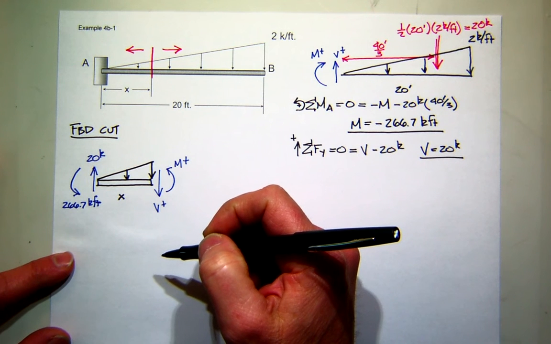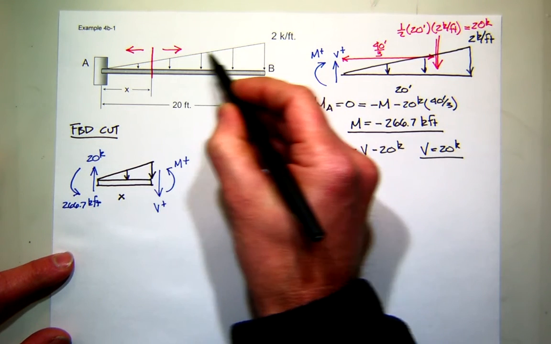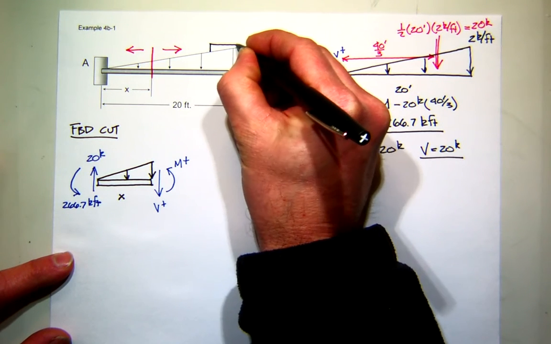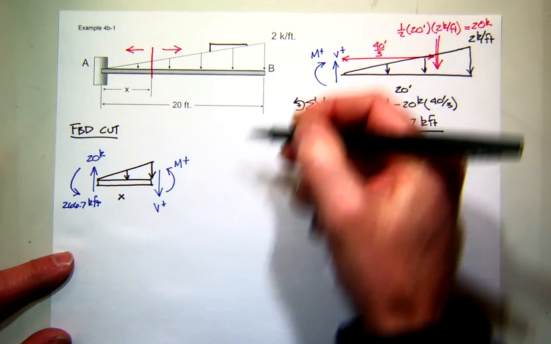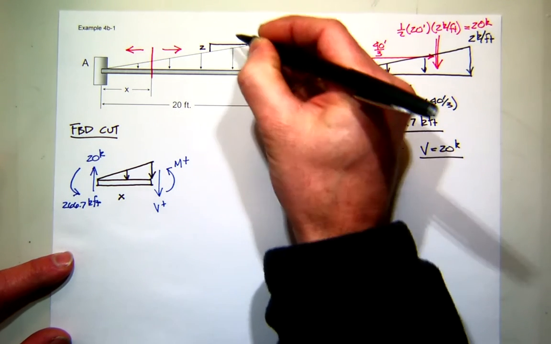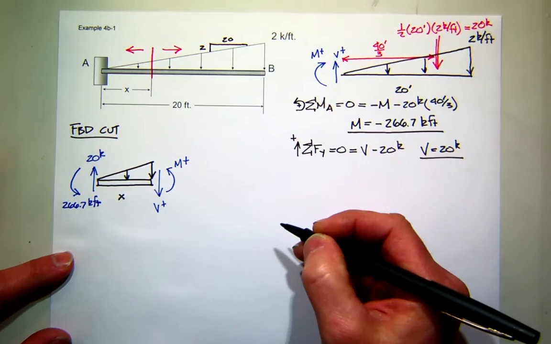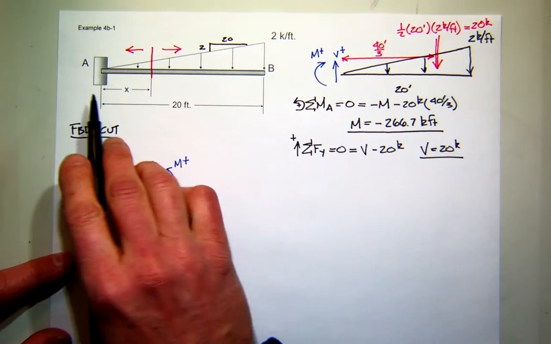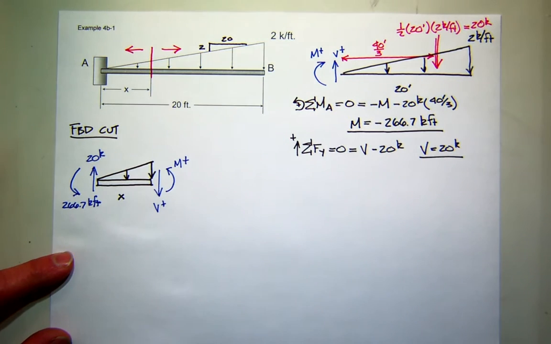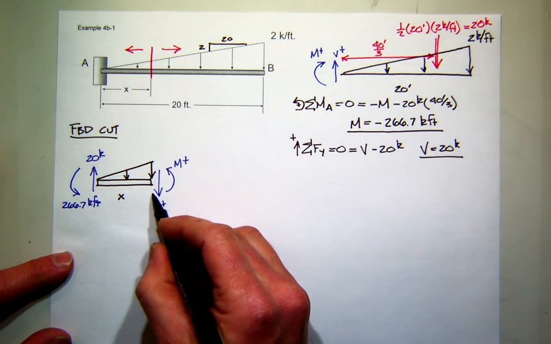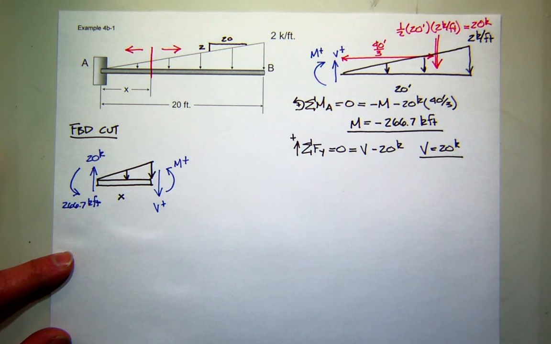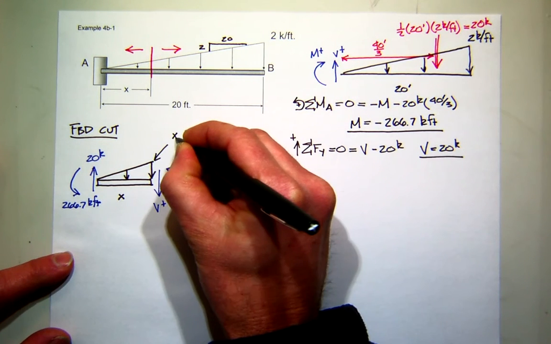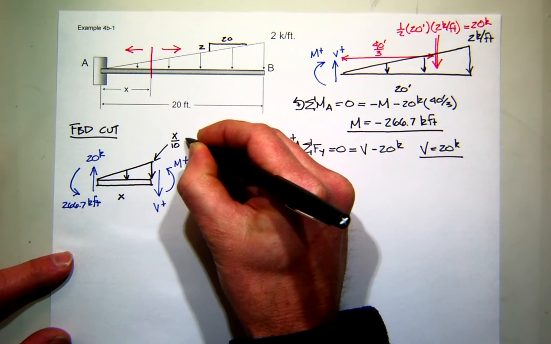There's a couple ways to do this. You can find the slope of this line. What is the slope of this line, by the way? Rise over run. What's the change in height? 2. And the change in length is 20. So it looks like it's 10 to 1. So for every foot I go in this direction, I only go up a tenth. So if I went x feet, how far would I go up? X over 10. So that value right there should be x over 10 and should have the units of kip